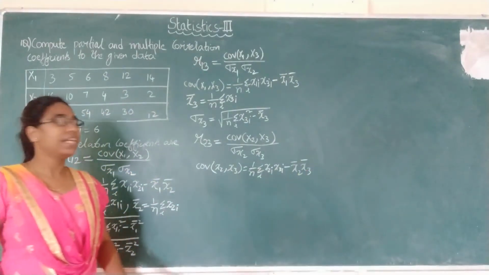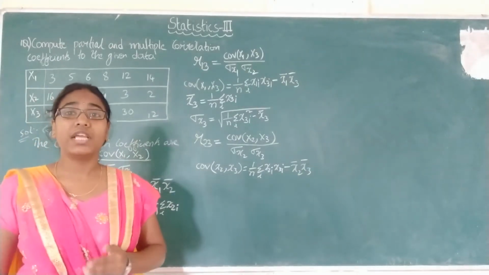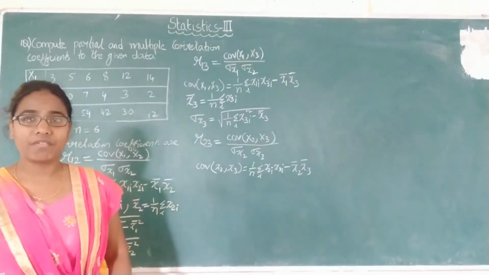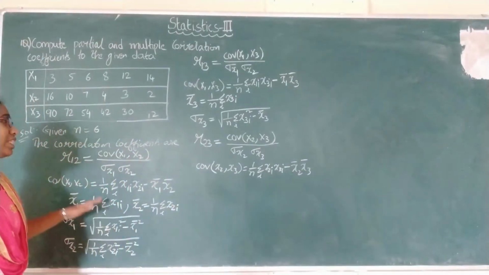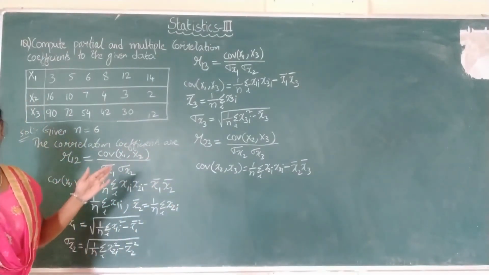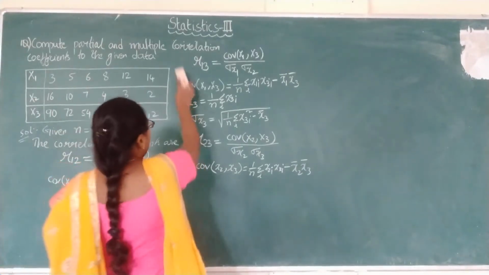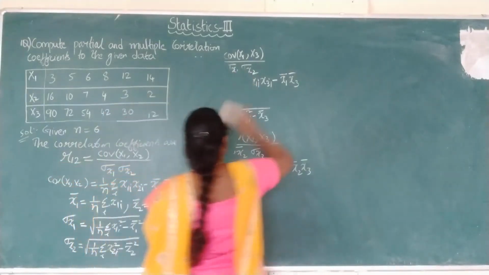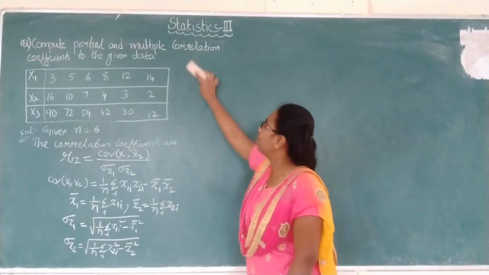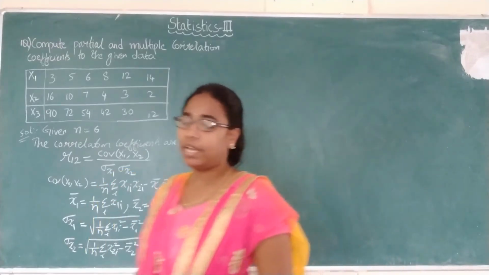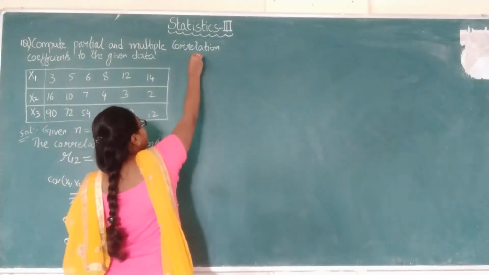After finding R12, R13 and R23, we have to follow the same procedure we followed in the previous problems. Now we want all the required summation values, so for that, create a box. Space is not sufficient, so I am rubbing this. The similar formulas I have written for R12 are applicable for R13 and R23 also. So create a box.